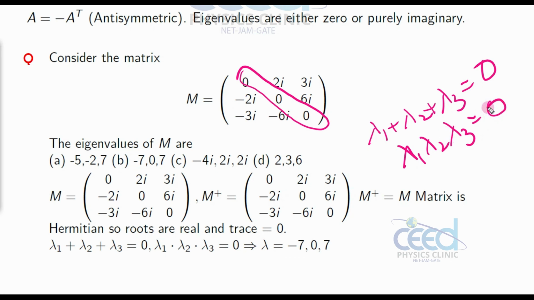So which are the options satisfying all the conditions? This is not satisfying, right? The sum here is 0, but the product is not 0. Here also the product is not 0. So if you get a condition like this, and it is satisfied by only one option, then you can directly say the answer. But if both options satisfy this condition, then you are forced to go to the ordinary method or another trick which we have studied earlier.